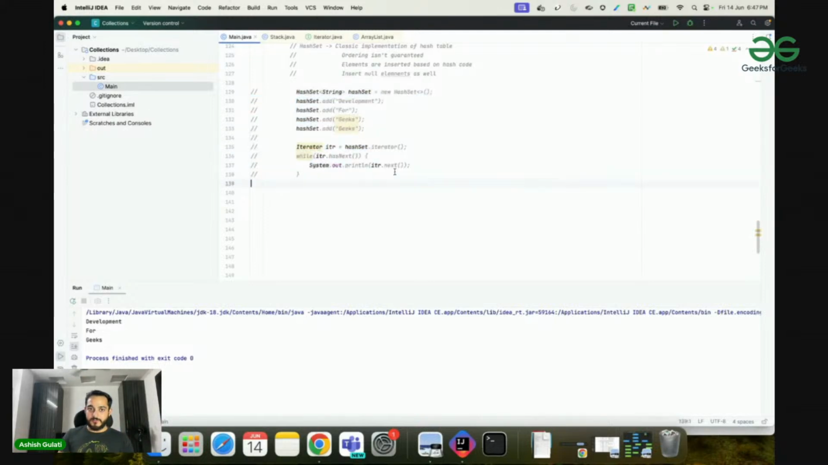Let me comment this down, and let's come to linked hash set. So here the ordering is very important, right? It's an implementation of a doubly linked list. It's like a doubly linked list, and it retains ordering. That's what I told you, right? So the main difference between a linked hash set and a normal hash set is it retains the ordering of elements,